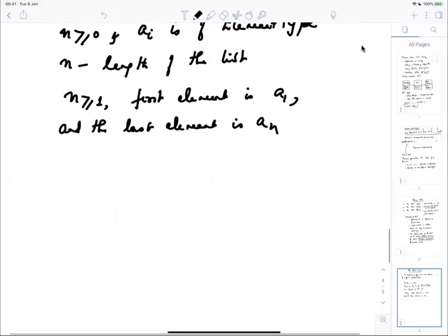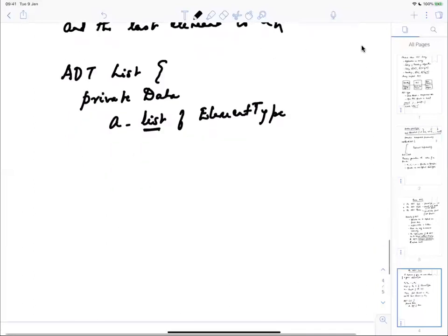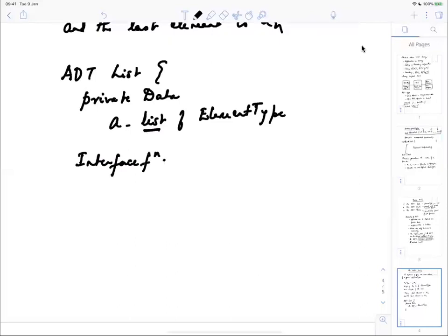I would call it an ADT list, with some private representation, private data, where we do not know how A is going to be represented, a list of element type. I've not said what this implementation of list is going to be. Okay. And then we have some interface functions, or functions to the outside world,